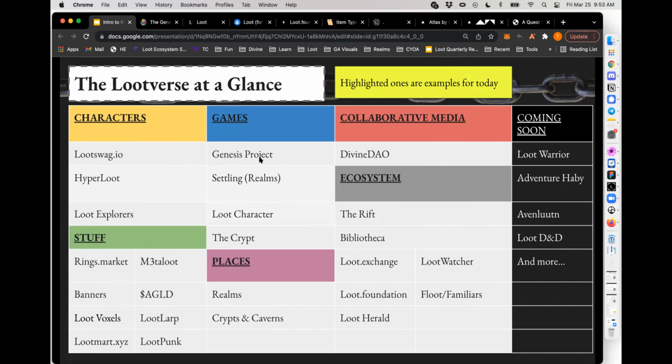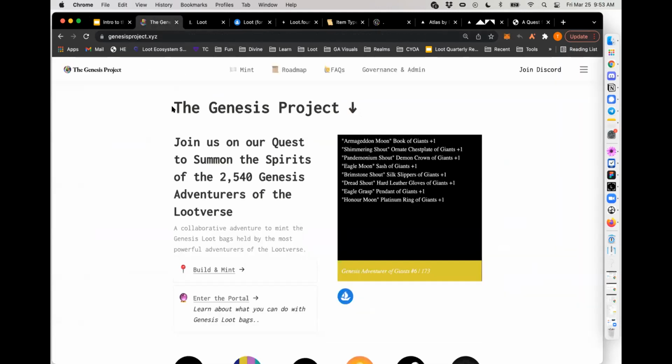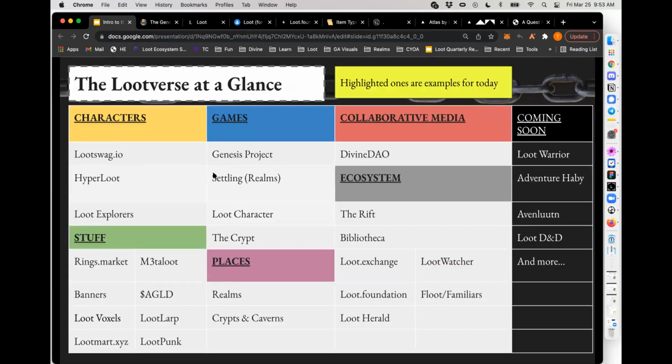Loot has characters. Loot has games, from collectible card trading character building games, which is a project that I built here called Genesis Project that I can share, to settling and pillaging and raiding games like resource management games, to crypt dungeon crawling games, to fully playable immersive VR games. It's everything in between. Plus, items. There's amazing 3D rings, and there's a whole project here around building physical items that have NFC chips inside of them, so you can do physical real life LARPing with loot items. There's a whole ecosystem being built.